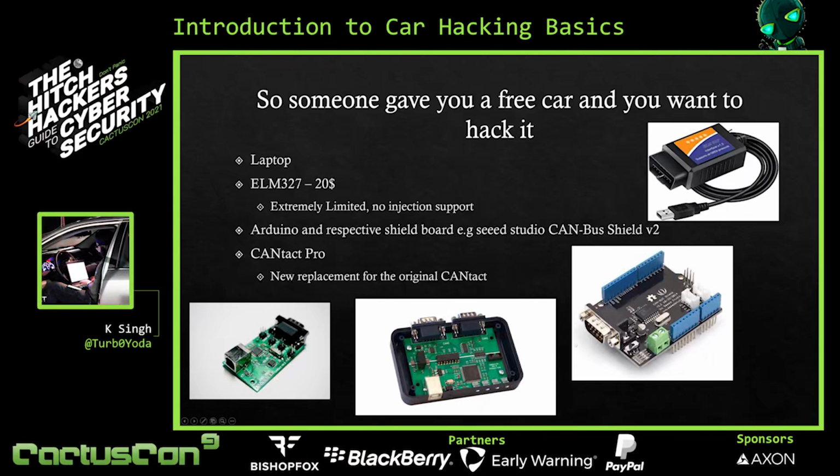So that's all you need to get started. To inject packets and stuff, just one of these guys. Patience, and probably fearlessness, because this is kind of risky in your real car. So yeah,